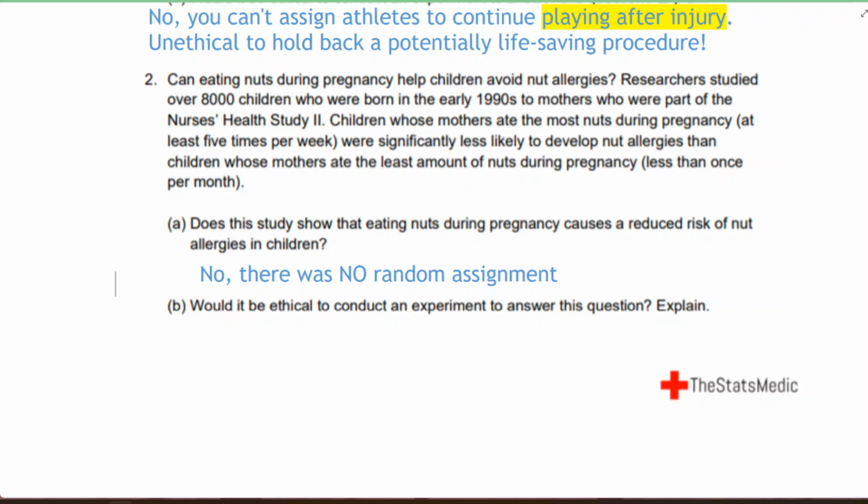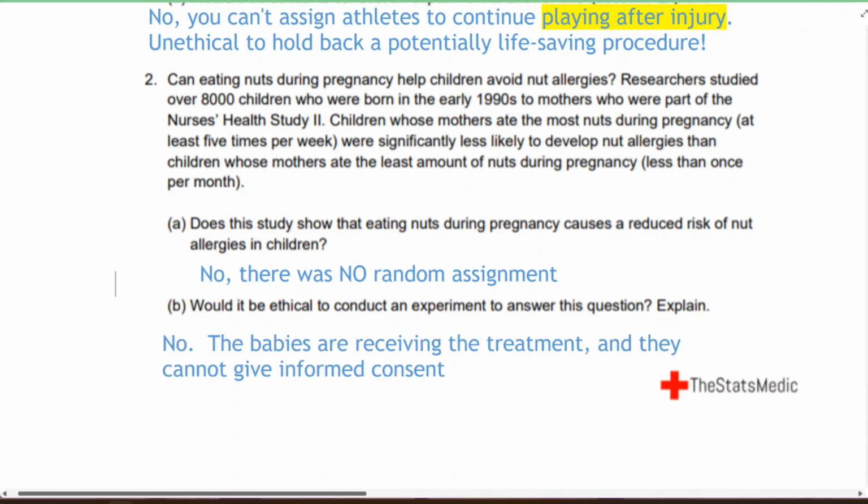If we have evidence that there is some kind of a life-saving, or in this case, life-altering conclusion, then we probably don't want to withhold that. Think about it like this. If we're correct that eating nuts during pregnancy reduces nut allergies, then if we assign a treatment,